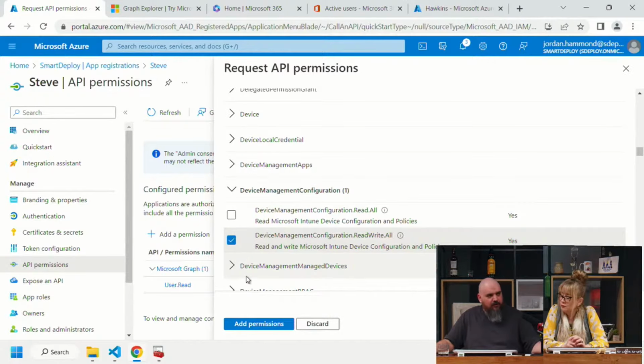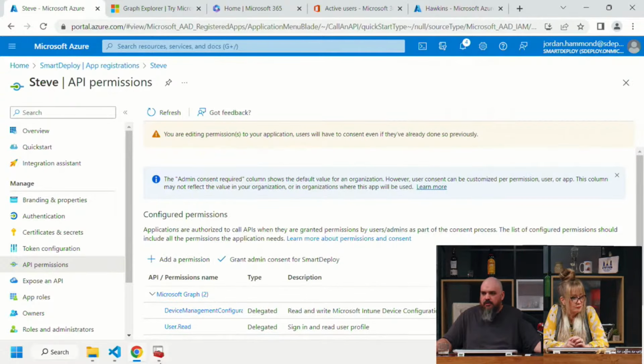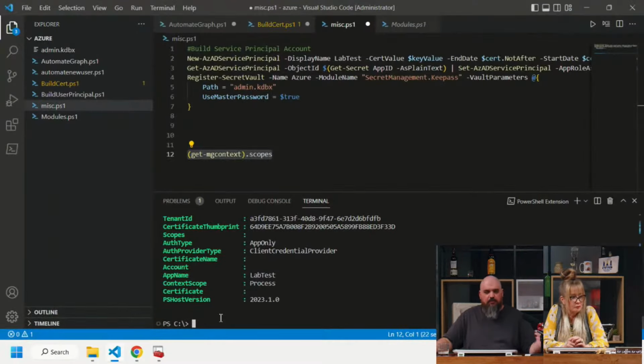But if you add all of those, hit OK, give it 20 minutes to an hour, and then you go back to log in. So with this one that we built, I'll be able to log in to Azure, but I won't be able to do anything. I'll show you that one real quick. I'll just add that one permission for now. So I built the cert. It's already in there. I'm going to do the same thing where I'm going to add the app ID and the cert to my secret